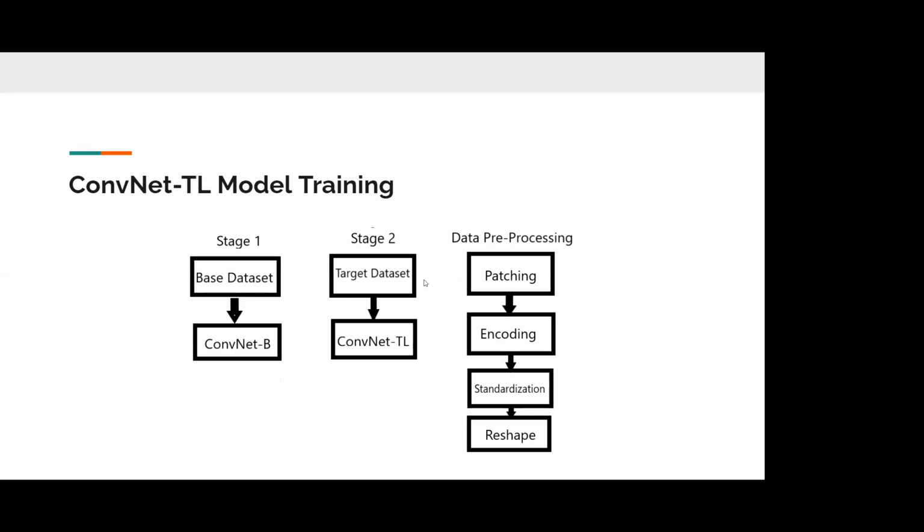Here's the training process setup for the model. Data pre-processing stage. In the first stage, it trains the ConvNet B by using the basic knowledge of the network intrusion. Afterwards, it